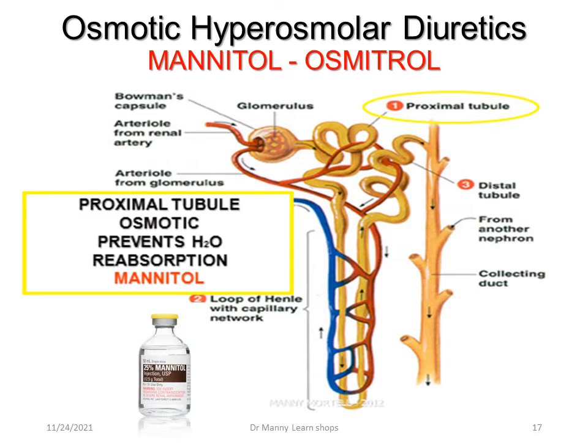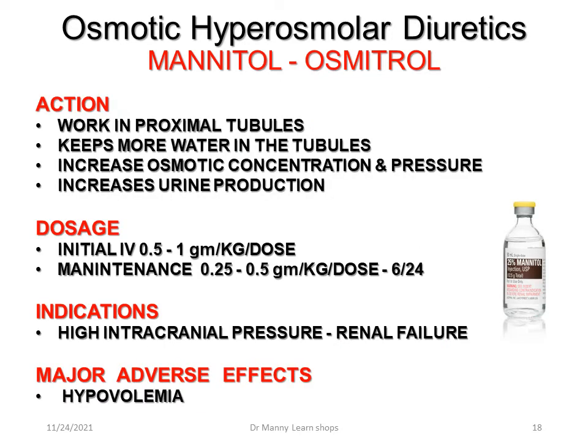The most common osmotic hyperosmolar diuretic is mannitol, sometimes referred to as Osmitrol. And this works on the proximal tubule and it prevents water reabsorption. When we look at mannitol as a hyperosmotic diuretic, it works in the proximal tubules, as I said, and it keeps more water in the tubules because of its hyperosmolality. There's an increase in osmotic concentration and pressure, and therefore this increases urine production because more water stays in the